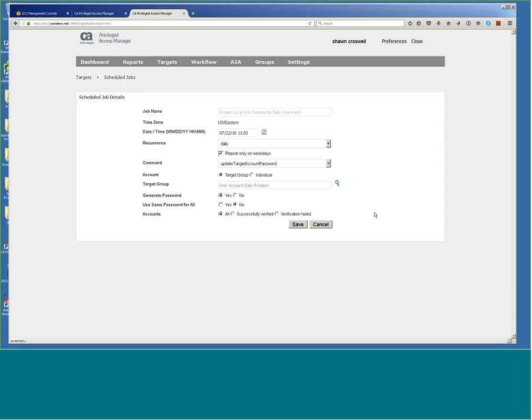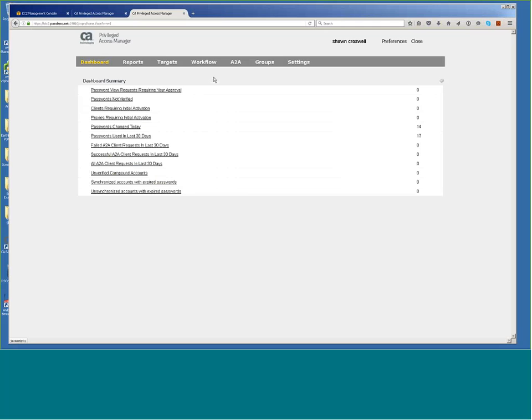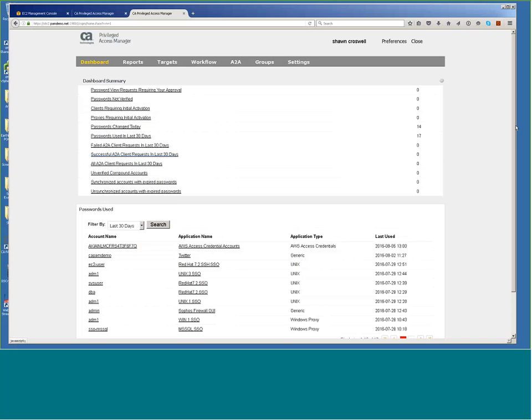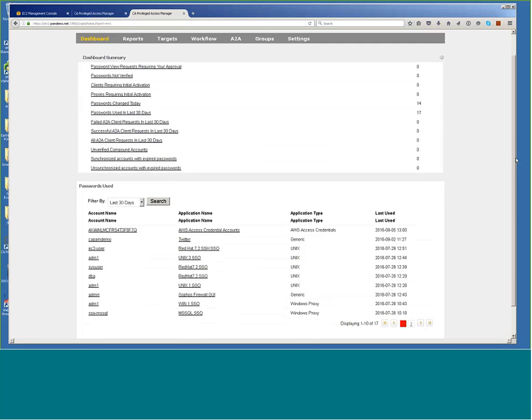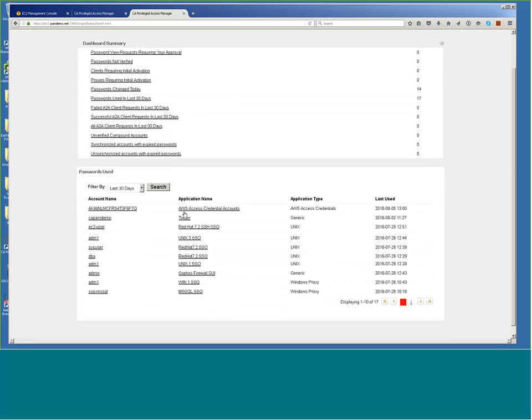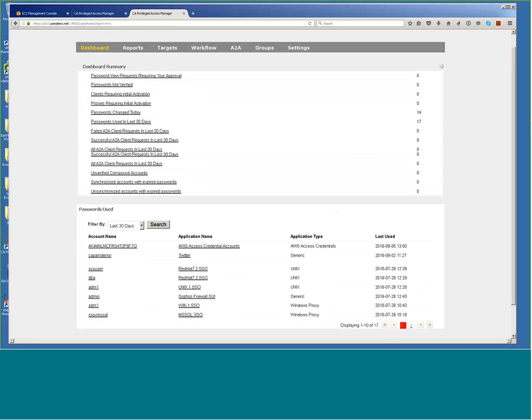So multiple ways to handle it, and you can even run reports, or you can set up a dashboard here, but you can have reports run. I can see where passwords have maybe not been rotated in the past how many days. You can set up custom ones here, but here I can look and I can see where these passwords have been rotated. So excellent question.